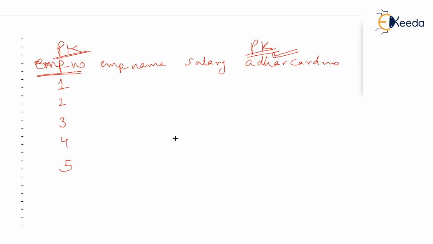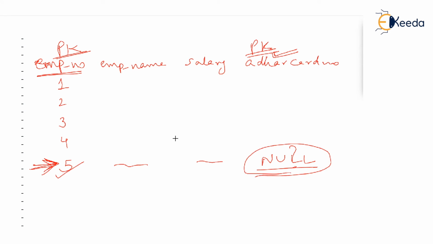But there is a problem. There might be some lazy employee, this employee number 5, who has still not applied for Aadhaar card. Or maybe the Aadhaar card is in process. Then, in that case, while recording this employee number 5, you would have the number of that employee. Obviously, the company will give him some employee number, name obviously, salary, but you won't have the Aadhaar card number. There is a problem here, isn't it? But then you cannot have null values for a primary key column. Check this. So you're locked.